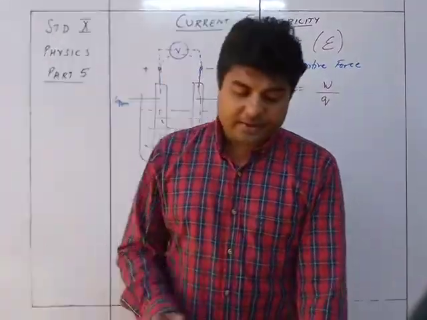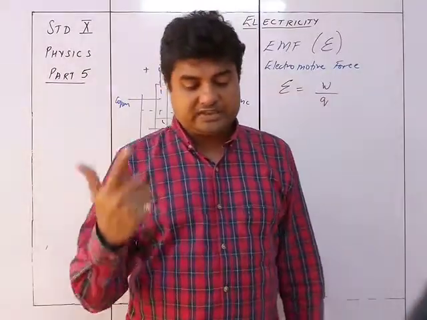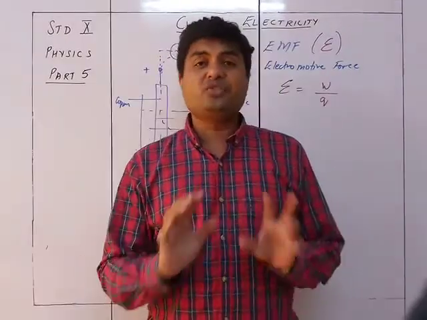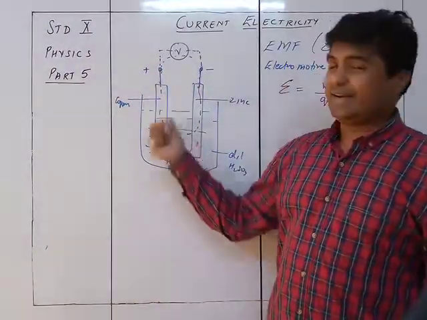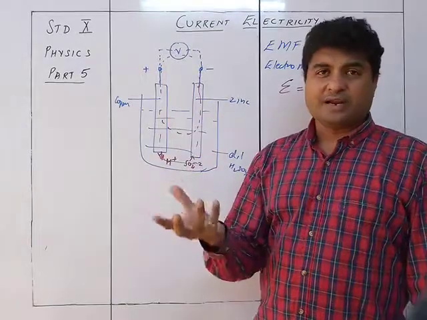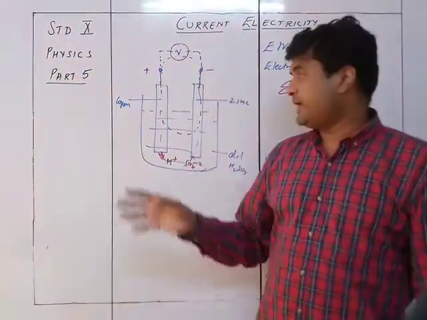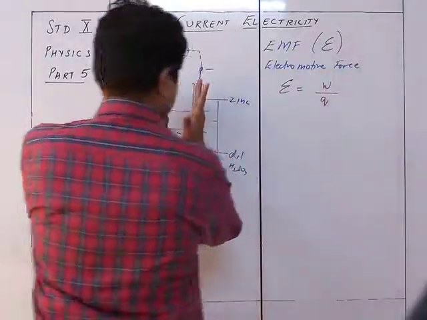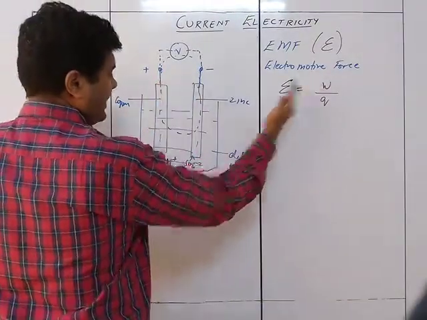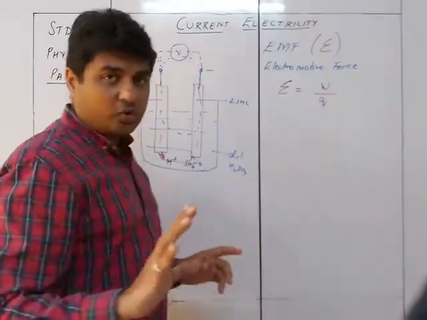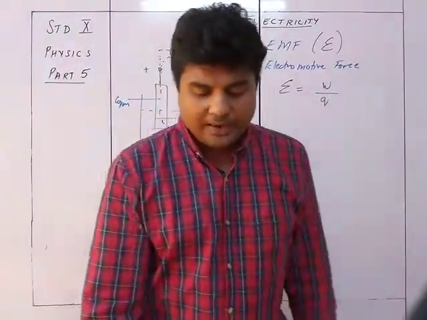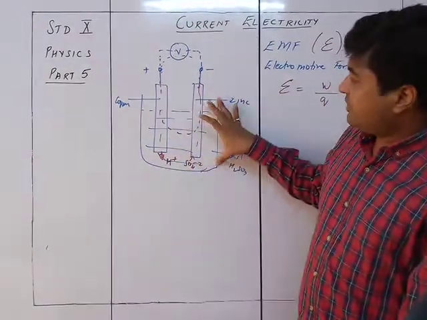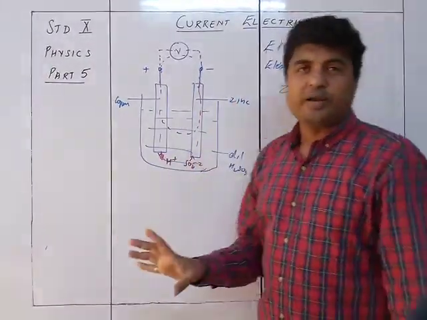However, it is independent of the shape of the electrode, the distance between the electrodes and the amount of electrolyte in the cell. It is not dependent on whether this is a rectangular or a square block or a cylindrical block; the shape can differ, it makes no difference. Secondly, it is not going to depend upon the distance between these two, whether they are close by or far apart. It also does not depend upon the electrolyte present over here, whether it is completely filled or half filled.